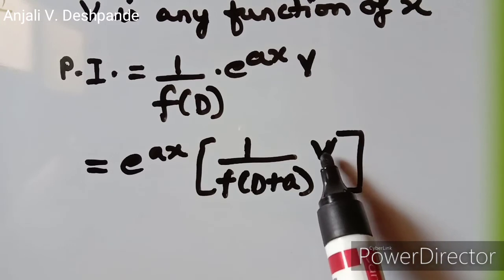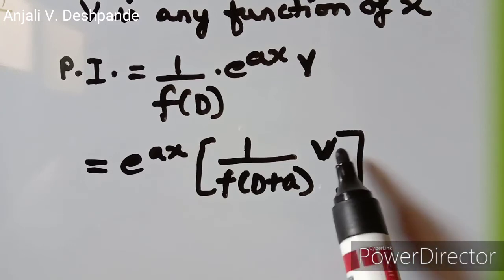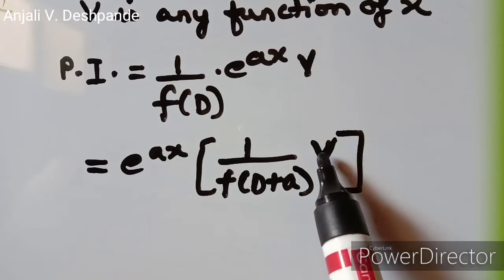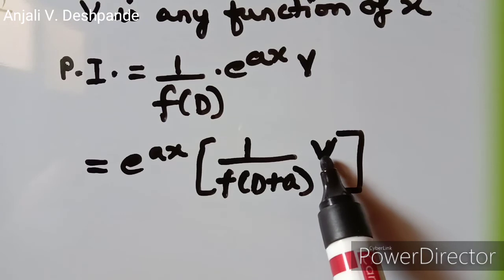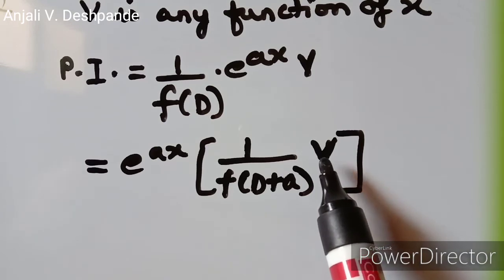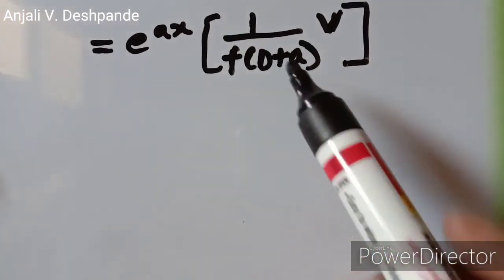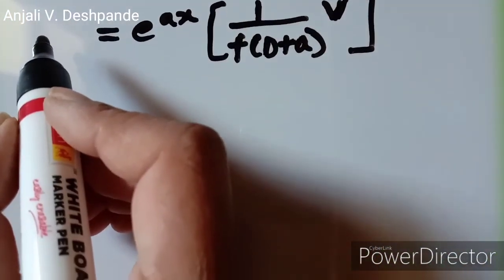So let us say for example this function is sine or cosine, then you will have to use the rule for sine or cosine. Or supposing this particular function is of the form x raised to m like in case 3, then you will have to use the rule for case 3. Now we are going to see the supporting example which is based upon this particular rule.